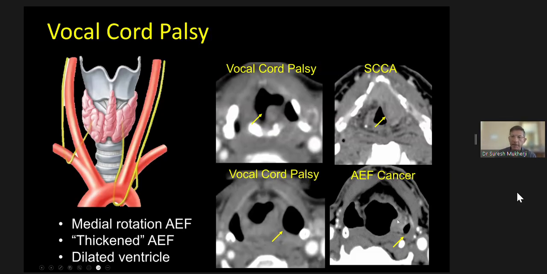Now look at this patient that has the aryepiglottic fold carcinoma. Notice this thickening of the aryepiglottic fold. If you're not used to looking at this, you can say, well, it sort of looks something like this. But on the other hand, look at the piriform sinus. And notice this piriform sinus is narrowed. So this is suggesting much more mass effect on the left than compared to the right. So this is an example of the vocal cord palsy, and this is an example of an aryepiglottic fold